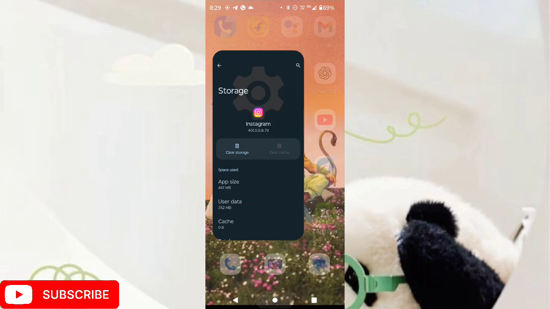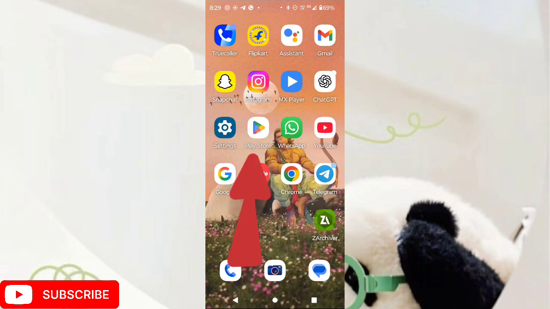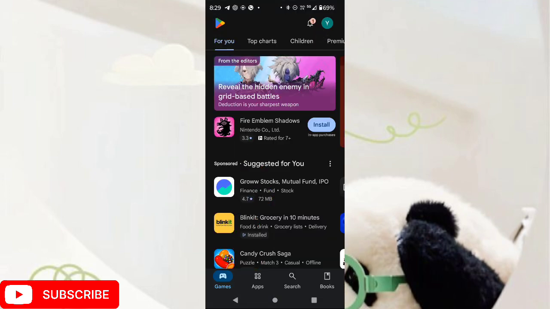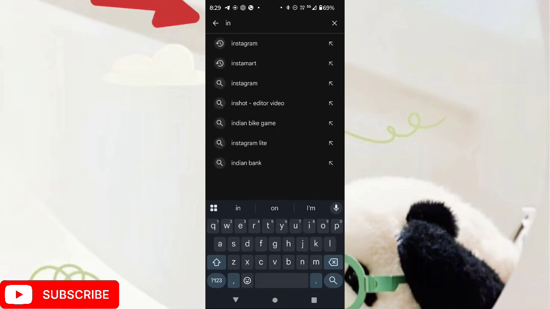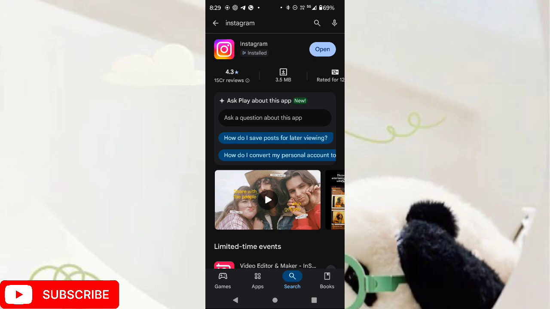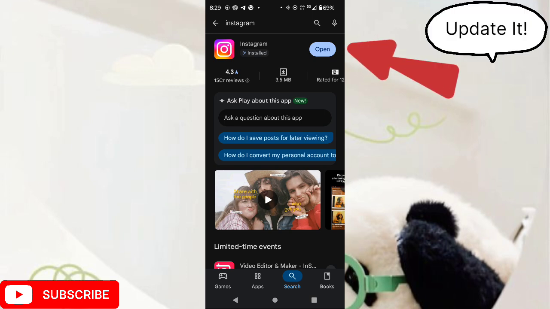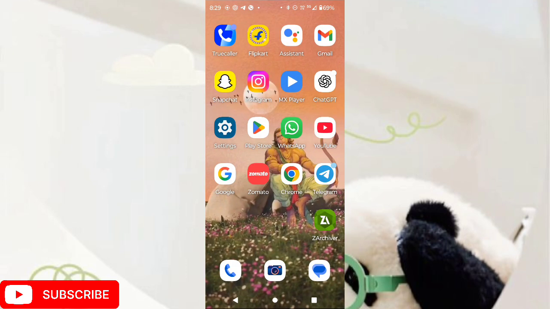Now, go back to the home page and open the Play Store app. Now at the bottom, tap on the search icon and search for Instagram and update it if not. And after this, go back to the home page, and if still your problem is not resolved, then open the Instagram